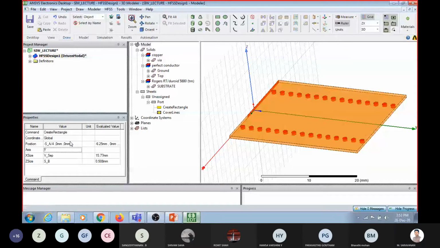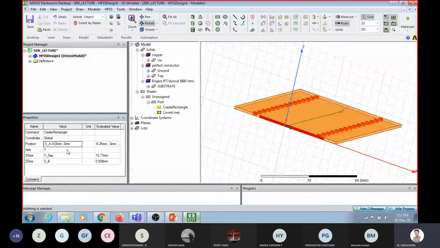Wait a minute. So what is the distance? It has to be moved exactly to the center. We will check it. We can place it at 0, 0, 0. X is divided by 2. Sorry, via separation is okay.